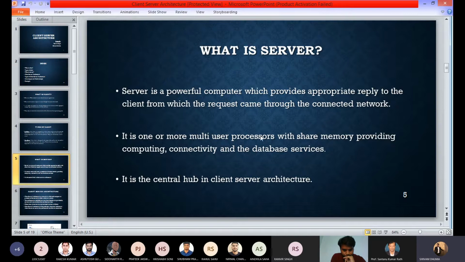As I said in the example of Google or Facebook, there are billions of people who are connected to the internet and searching for google.com or logging in to the Facebook page. In 1 second, there are billions of people. So it has to be a multi-user processor with shared memory, providing computing, connectivity, and database services. So it is a central hub in the client-server architecture.